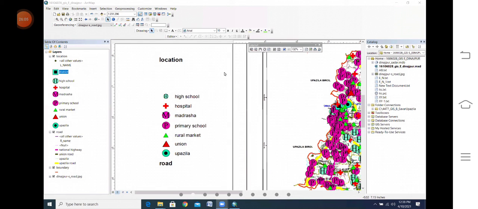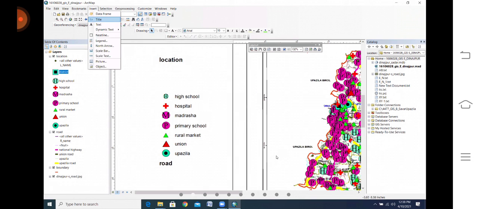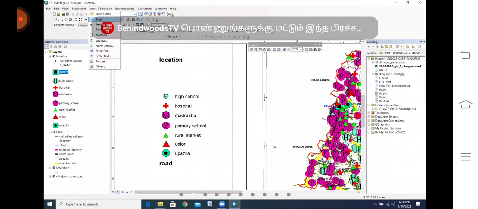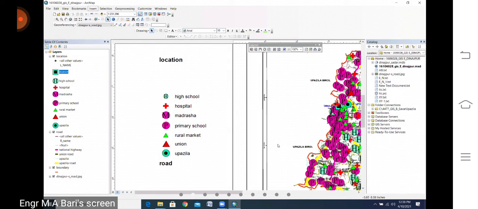So the process of edit, are you listening to my voice? The process of edit, that is first you need to right button click. I am just doing this thing again. Listen, look at this thing. Then you will understand.